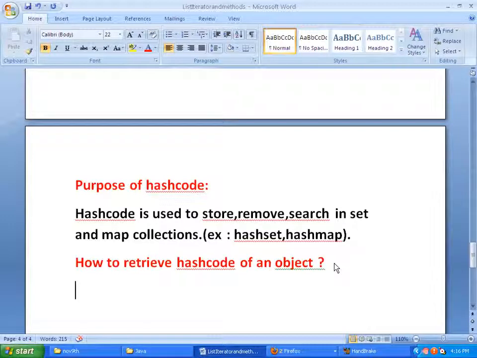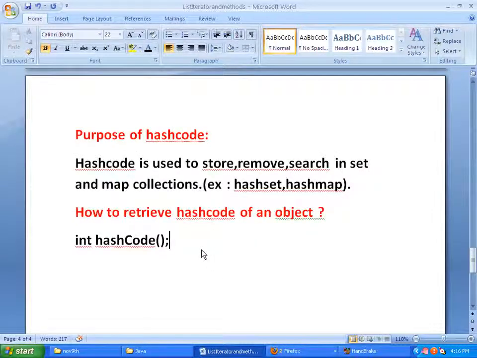It returns an integer value: int hashCode. This hashCode method is defined in object class, which is a super class for all the classes in Java.